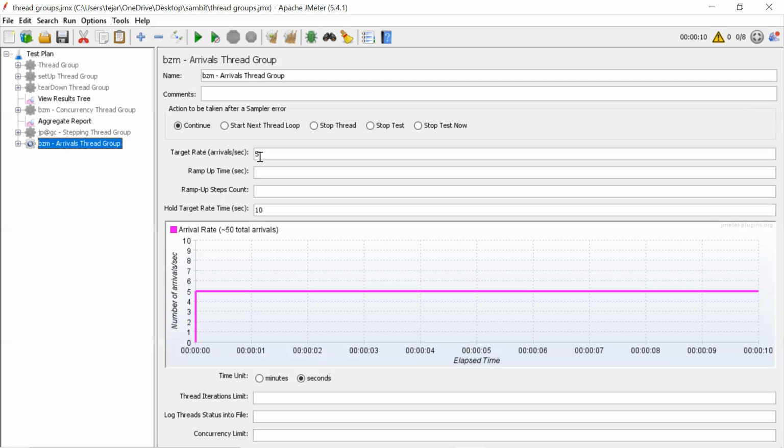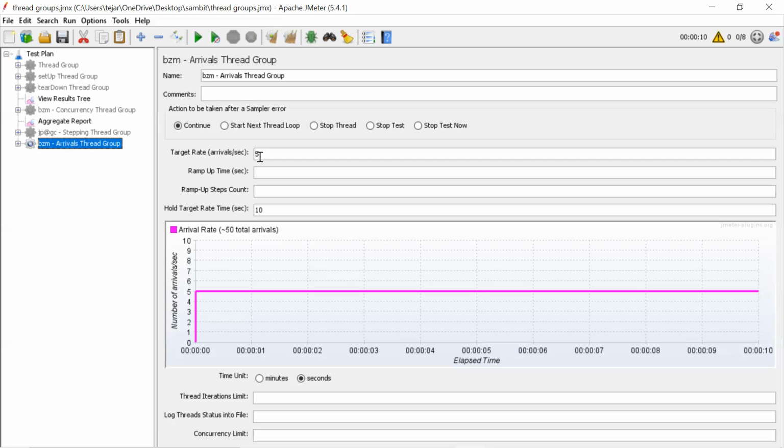In between it may reach 8 users, so concurrency will be higher. Okay. This is a little bit confusing with the direct numbers. There could be some scenarios where people may need this type of thread group as well.